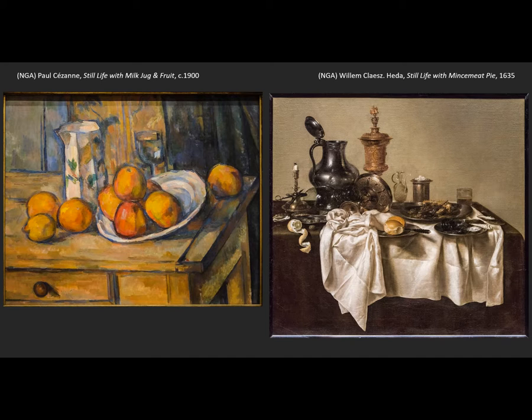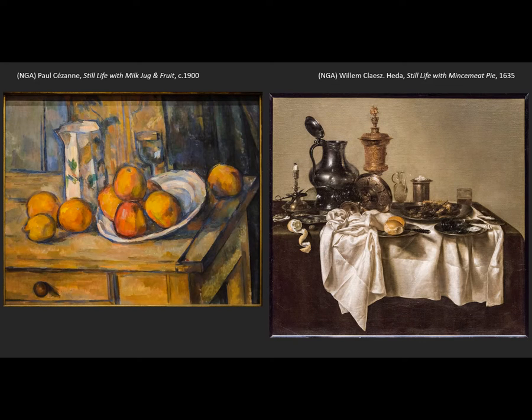So he doesn't really care about these peaches and apples, right? He doesn't care about whether or not apples are symbols of original sin or anything like that. That's not on his mind. What's on his mind are the colors and the shapes, right? And how he might take what he's arranged on the table and then think about rearranging it as a painter,